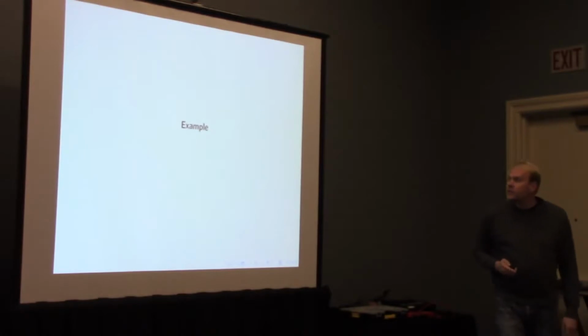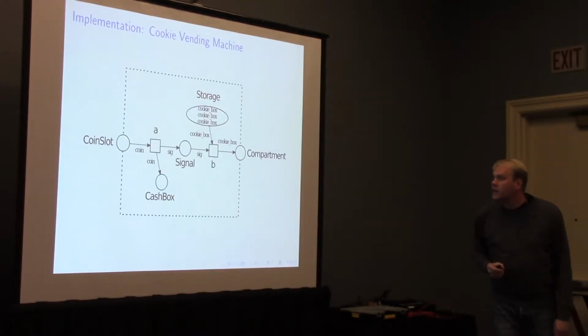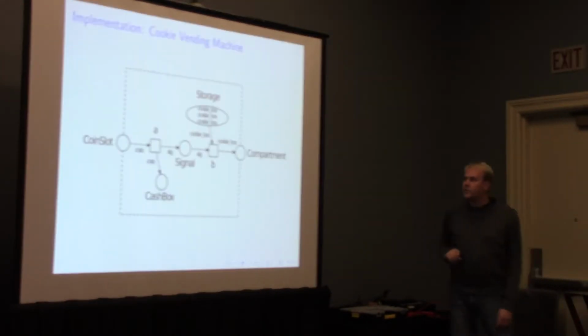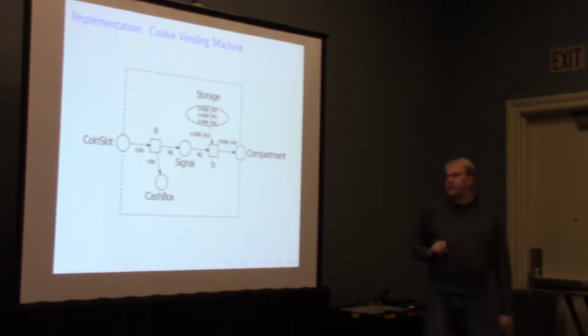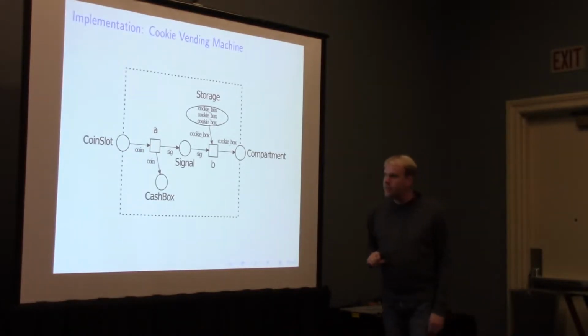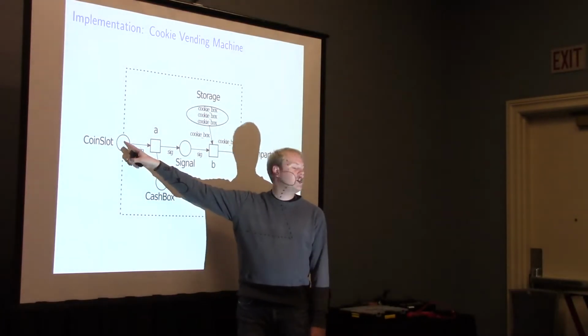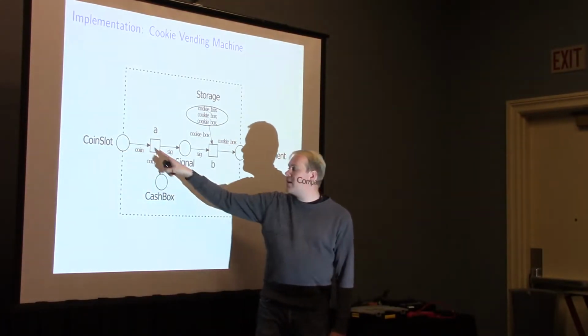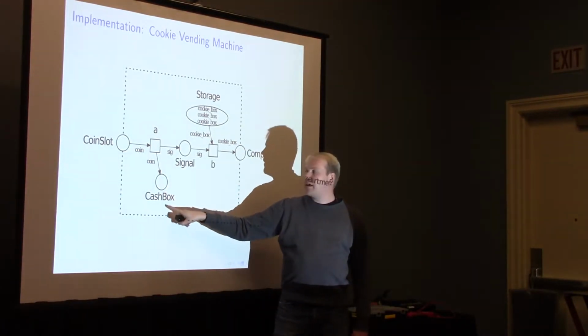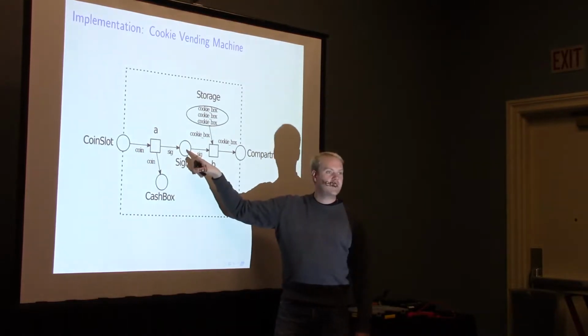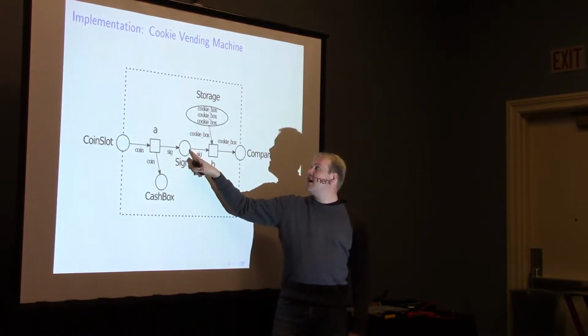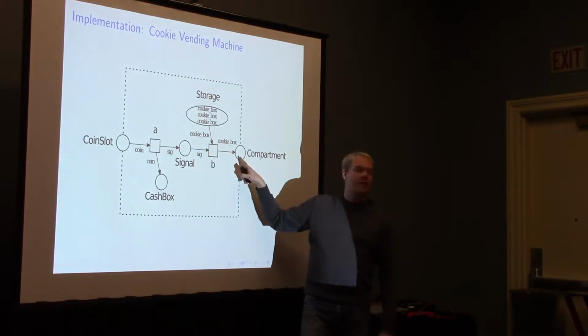And now let's look at a little example. This is the Petri net I've shown earlier. This is a cookie vending machine. To understand that model, a coin goes in here in a coin slot, and then the coin ends up in the cash box, and a signal is produced on the signal place, and then a cookie box can appear